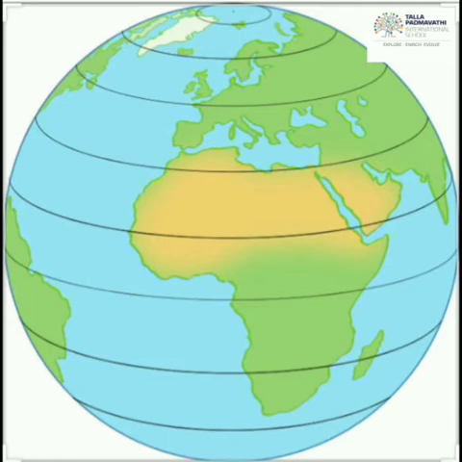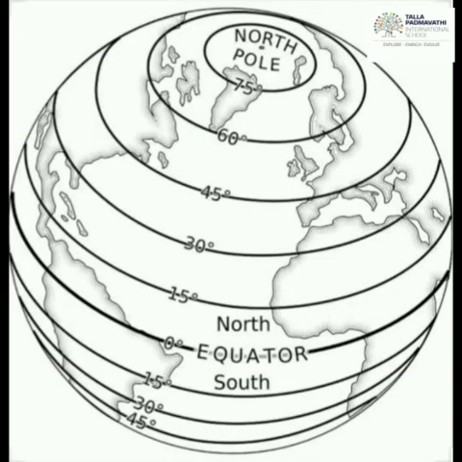Apart from that, there are two more important lines on the earth, which are called latitudes and longitudes. So let us know more about these latitudes and longitudes. As I told you just now, the equator, which divides the earth, is the central line, called 0 degrees, a latitudinal line. Here you can see the lines parallel to the equator towards the north pole as well as the south pole, and they are numbered starting from 0 degrees.